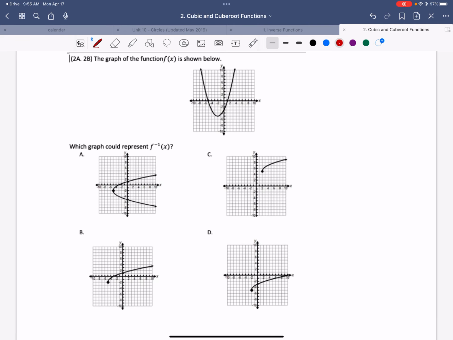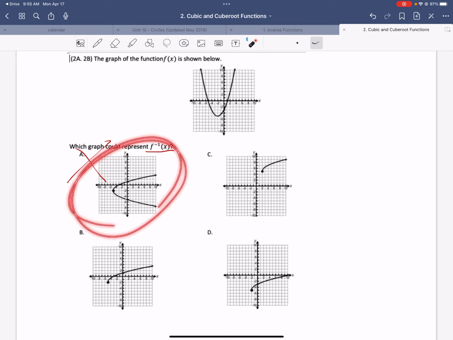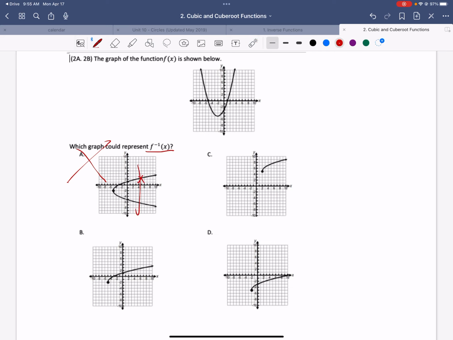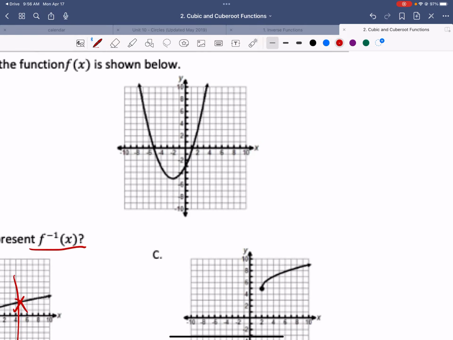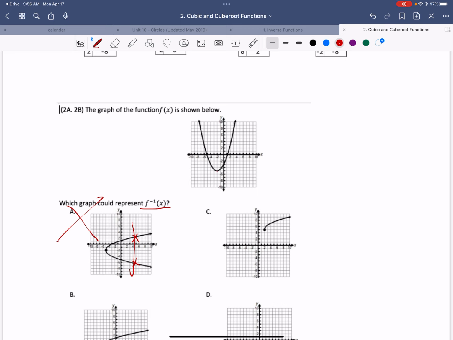Same thing here. It says this is the function. Which one shows the inverse function? First, you can get rid of A only because this one is not a function, because this one fails the vertical line test, okay? Now, if you want to find it, it's not that great, but here, this one is what? -2, -5. Just find some points that match. So this one is what? 2, 3, and